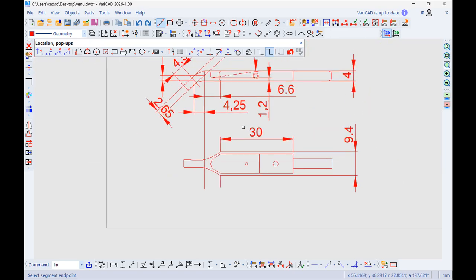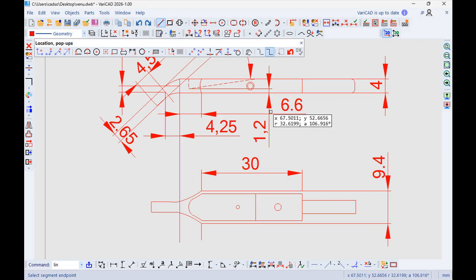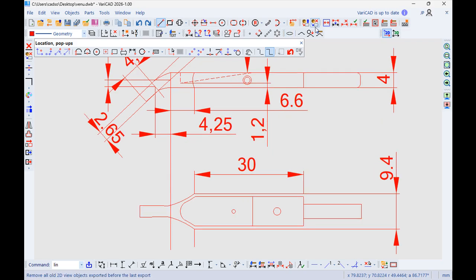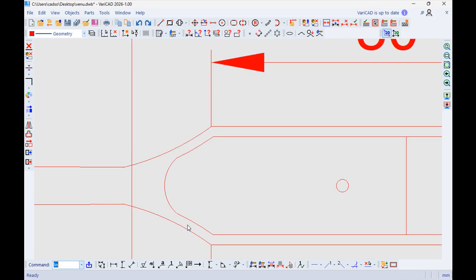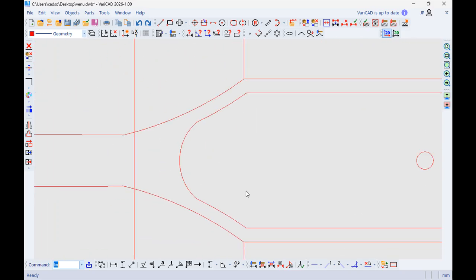And okay, I have 1.2 and I will create an extrude. We'll create an extrude from this shape, which I hope it is correct.